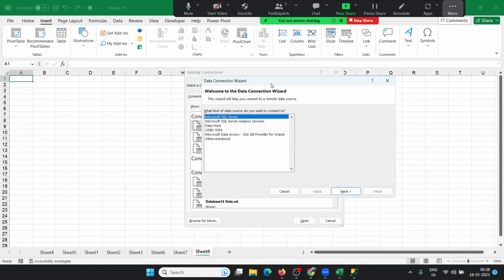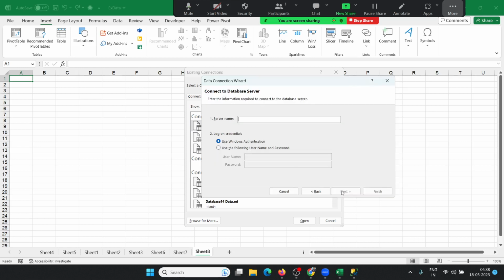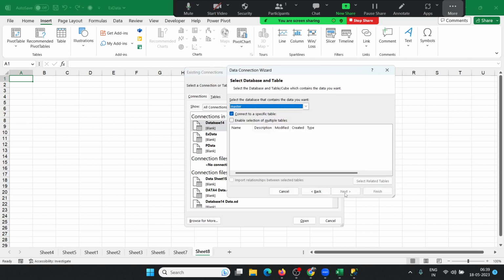In the new source, we have options for servers, such as SQL Server, and also data feed, Microsoft Access, OLE DB, which means Oracle, and all this. So we select SQL Server. Then next, and put the server name here. My server is localhost, which means no need for a password. We selected Windows authentication, but in an office, where there is a username and password, you need to select that here. So next,